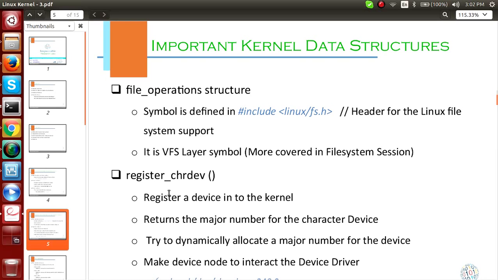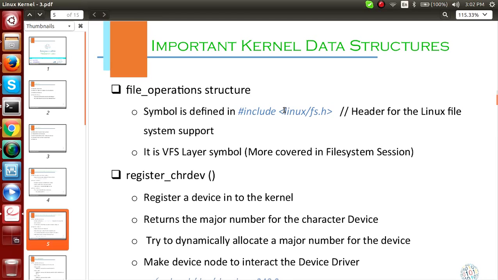Conceptually, while we create a node in our /dev directory, it has to map all the fops. I'll come to that. What is fops?